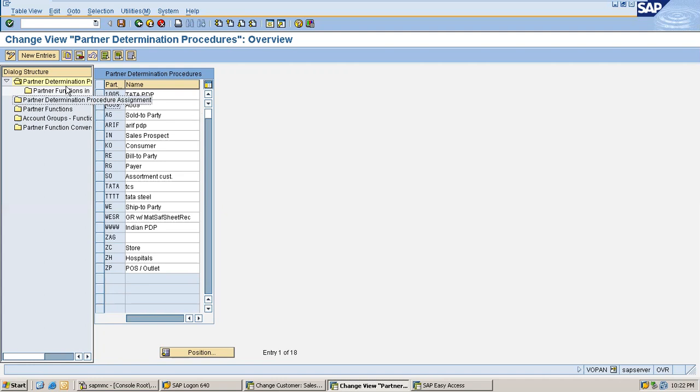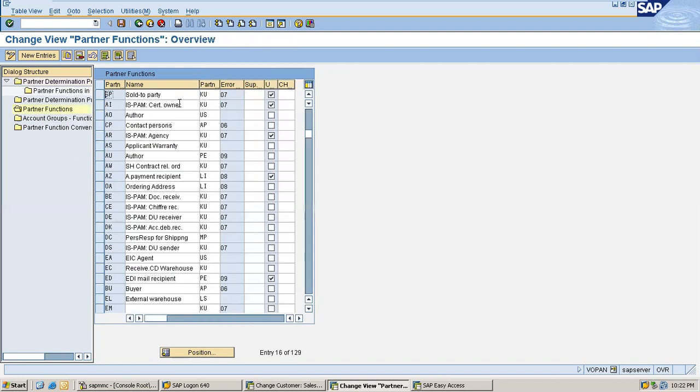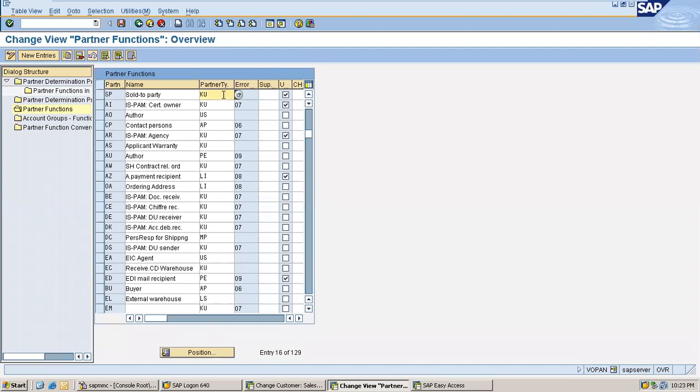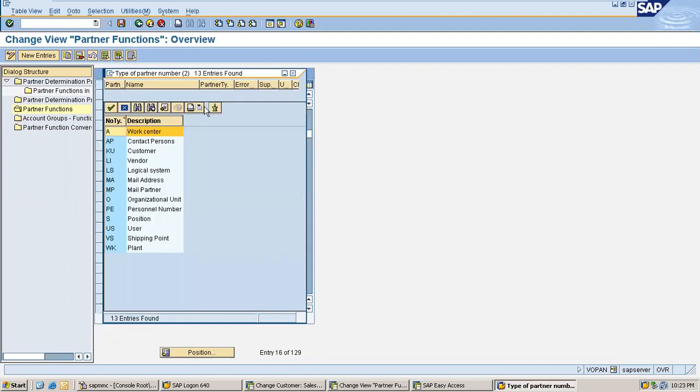So first we'll go with partner functions. That is the first step, right? See here, you have a partner type field here. Actually, this partner type identifies the type of the partner, either whether it is a customer or vendor or any other logical partner system.